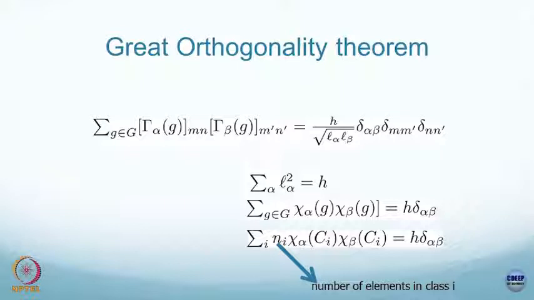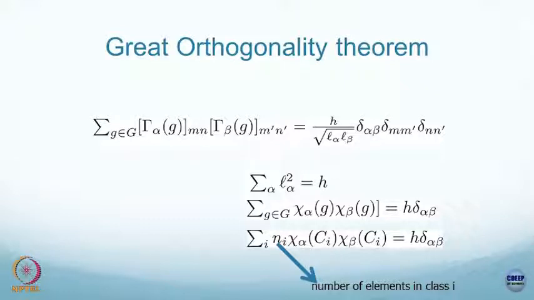So, these are matrices with mn element, the specific element, this mn means a specific element of that matrix multiplied with some other specific element of another irrep matrix, and if you take the sum over all the group elements of them,